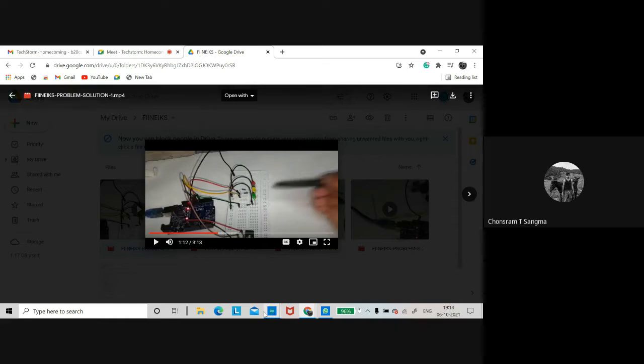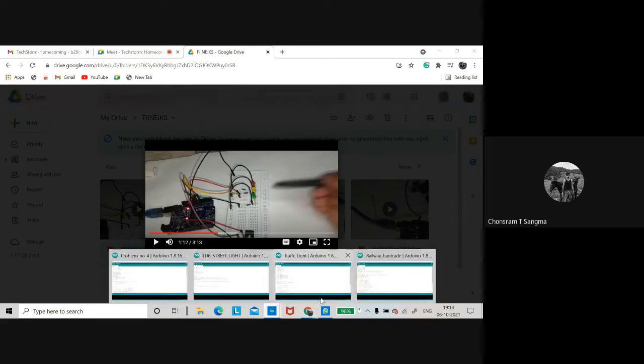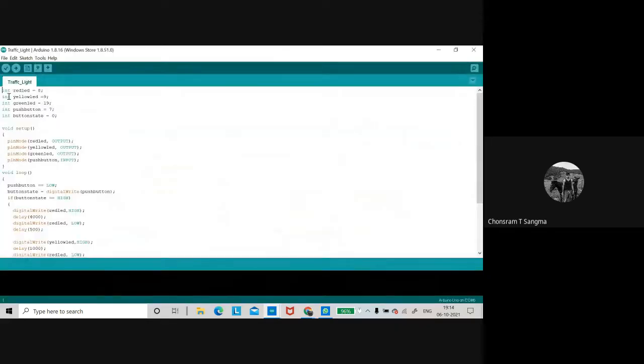So I have the code for this. I have written this code here. First, I'm declaring these pin numbers, and then I'm declaring, using this push button, a button number, and this is the variable where I'll be storing the